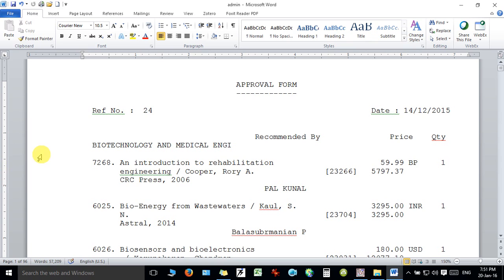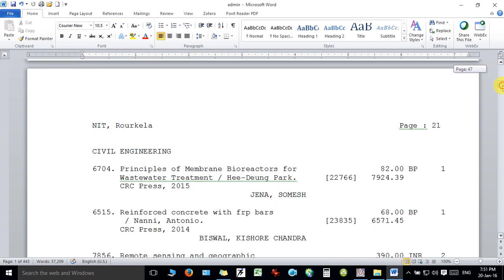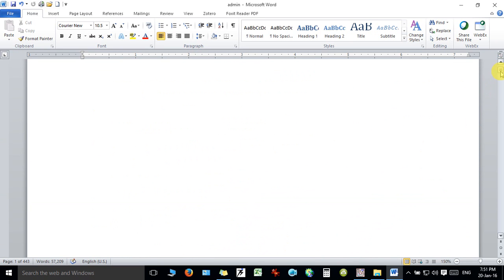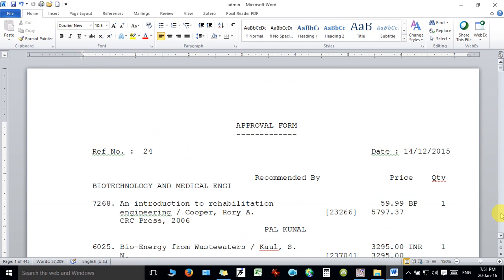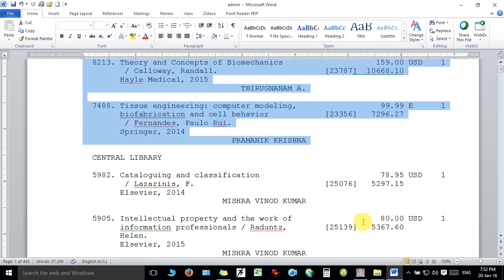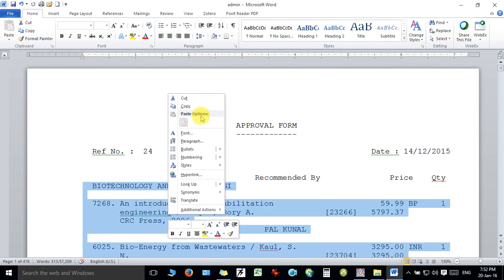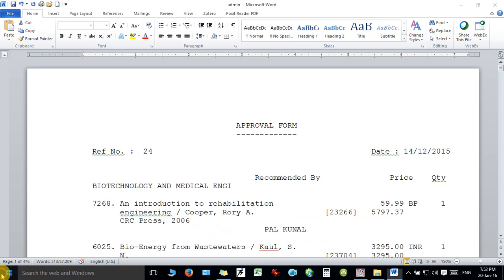We will be taking the first department, or you can say this particular department, and how many titles are there. So we will be taking it into the Excel file. Just come down. Okay, I have come down. So the total number of titles ends here. I'll just go up and see the total number of titles I have selected, and just right click and copy it.